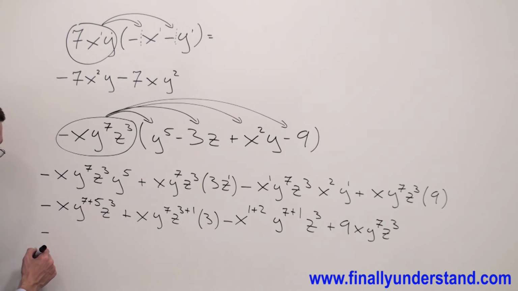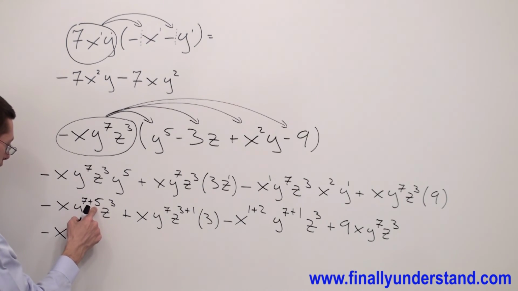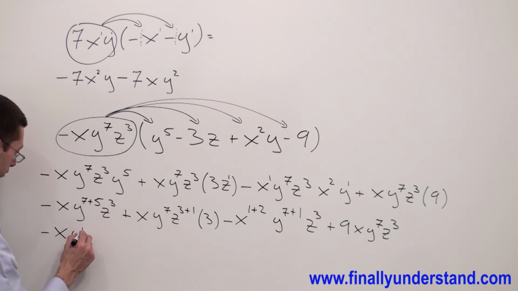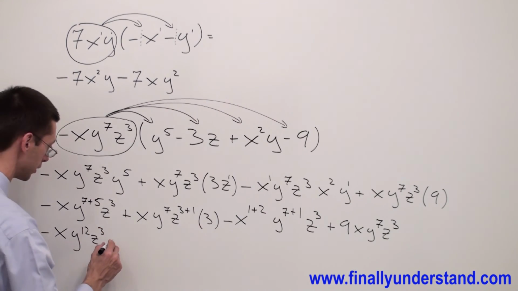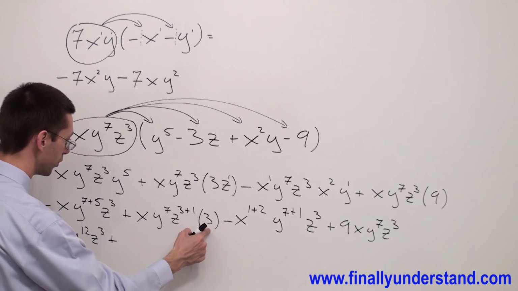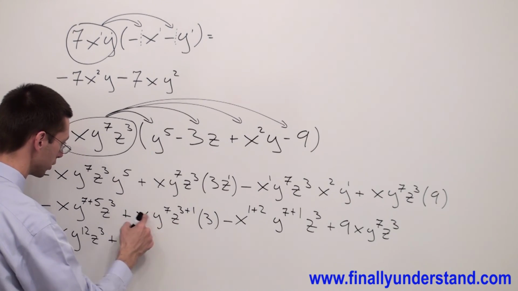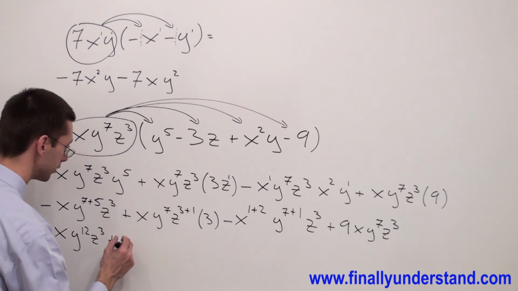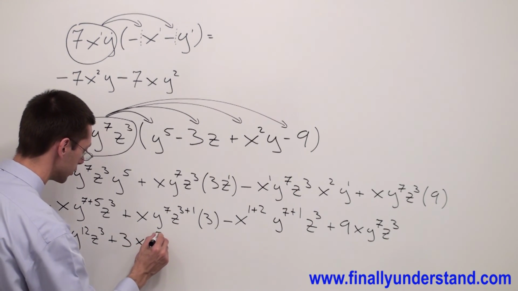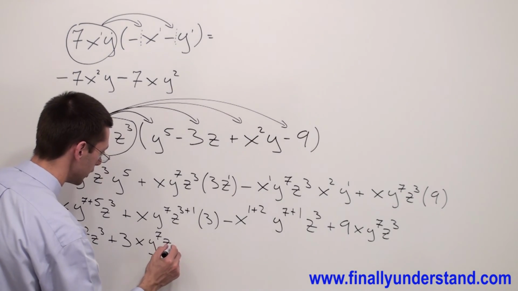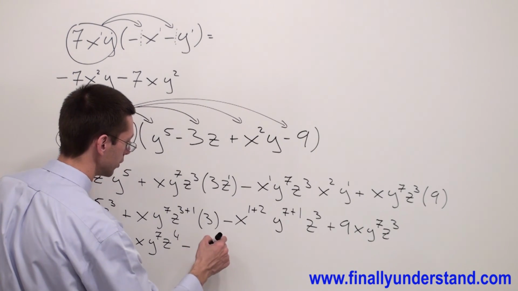Okay, so my answer is going to look like this. I'm going to have negative x y, 7 plus 5 is equal to 12, z to the third, plus, I said numbers are supposed to go in front of the variables. That's why I'm going to write this 3 in front of this term. I'm going to have 3 x y to the 7 z to the 4, and I'm going to have minus